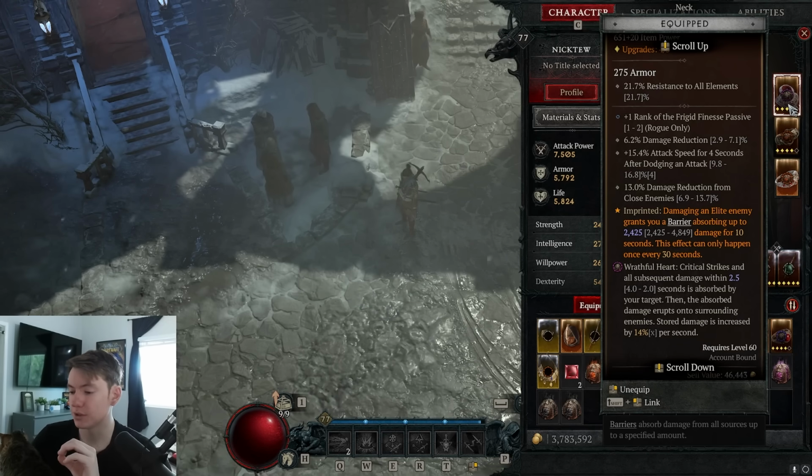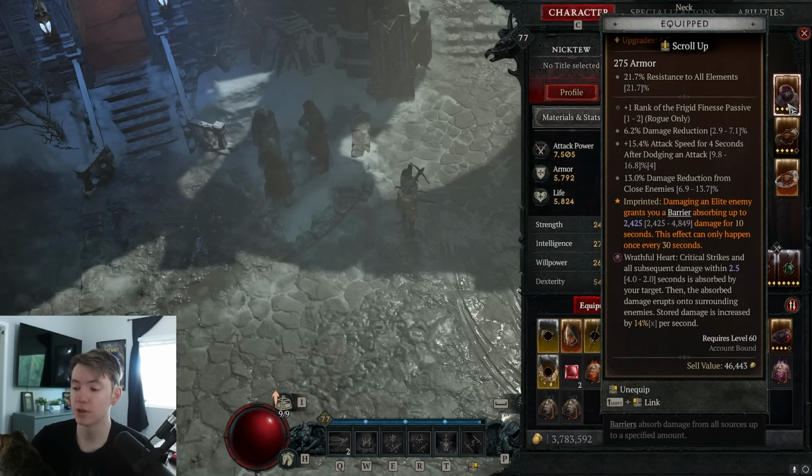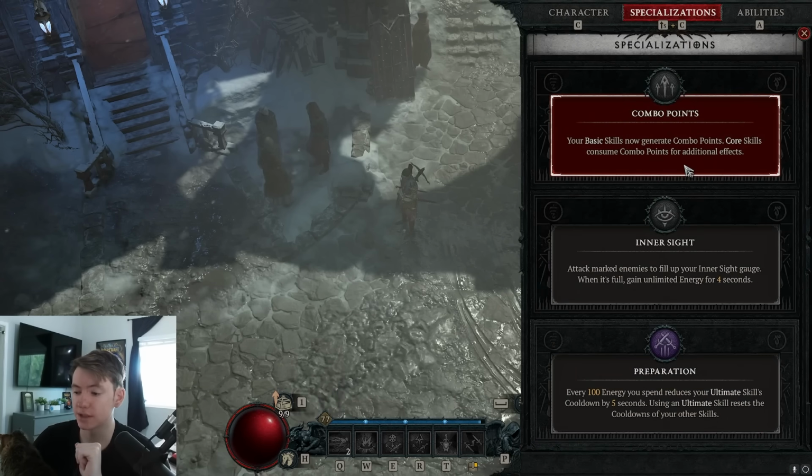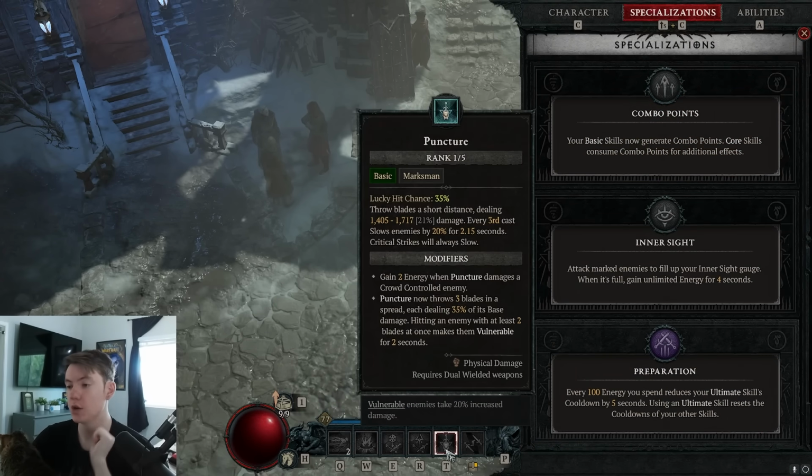There's multiple problems with this though. First off, because of the way that the damage is stored in this very short window, you want to use something that is as much burst damage as humanly possible, which means that using something like combo points is very bad, because with combo points, you're going to use 3 punctures and then your core skill. Using the 3 punctures is going to basically proc the crit, and then it's going to start the damage immune,